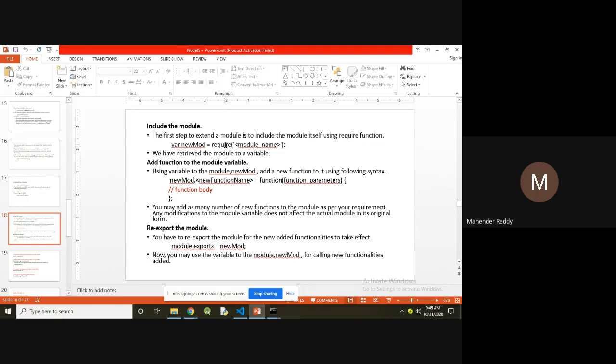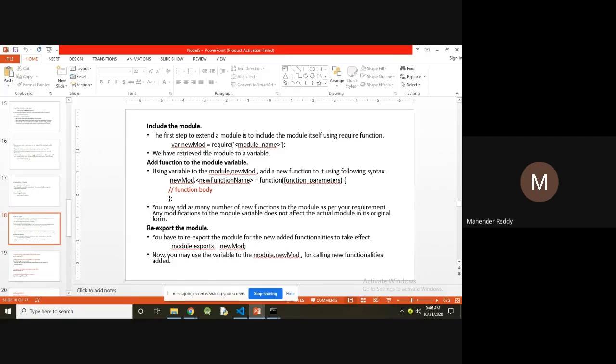For example, if you require express, then you write express here. If you want to require any other module or local file, you have to specify the location of that module.